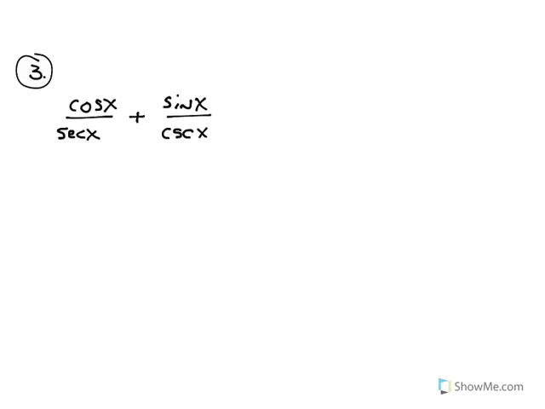And here's a third example. Again, we'll switch to sines and cosines first. If you ever get stuck trying to work with trig identities, option 1 is always to switch it to sines and cosines and see what it looks like. So cosine up top, that's already in terms of sines or cosines, but the bottom one, the secant, we could call that 1 over cosine. So we'll say we have cosine up top, divided by the secant expression turned into 1 over cosine,